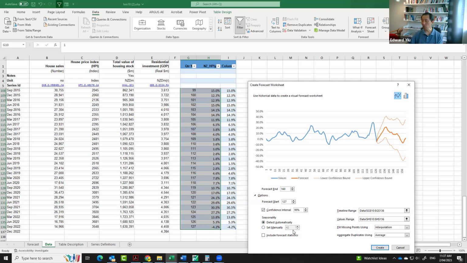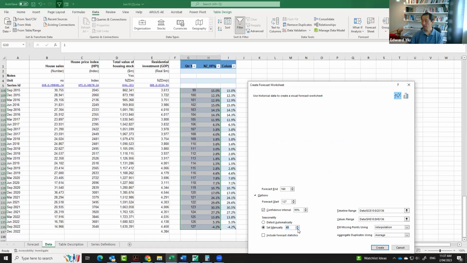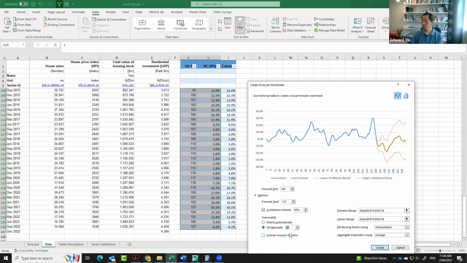Now it's 42 quarters, or you can set it manually. So in my case, for example, if I choose 33 quarters, then it shows something like this, and click